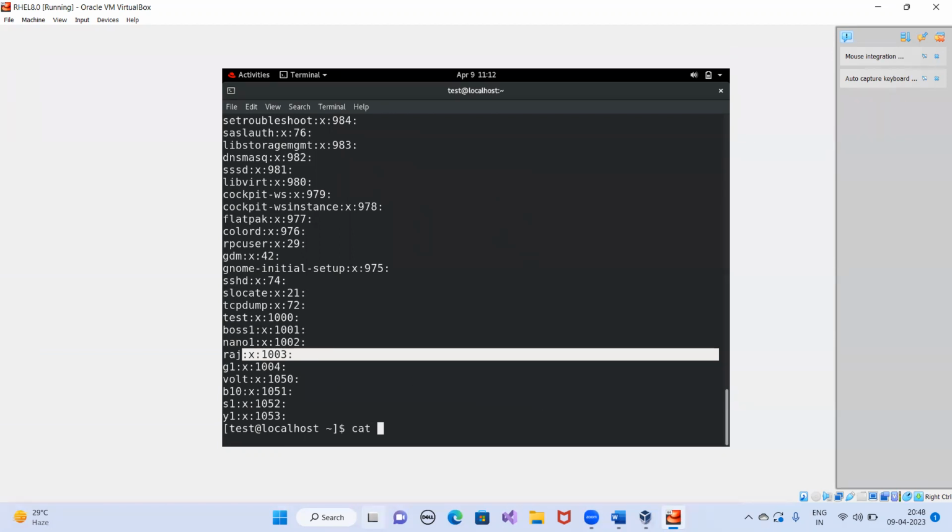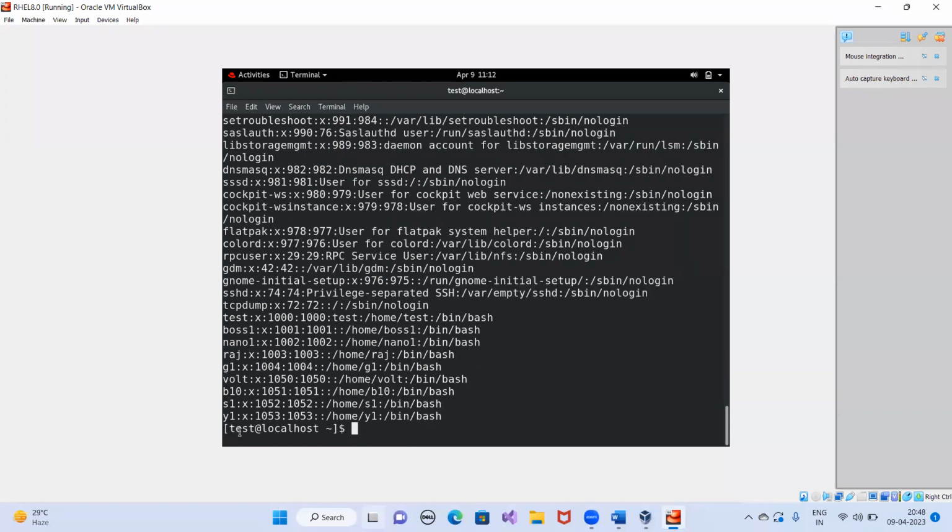If you want to verify the user, cat /etc/passwd, and from here you can see there is a Y1 user account, and Y1 user account is the member of Y1 group. From here you can verify. So by default, whenever you create any user account, that will automatically become the member of a group with his own name. But in case you have created a separate group, just like we have done in the last to last session, where we created the group with the command and moved one of the users there, that time this will get changed.